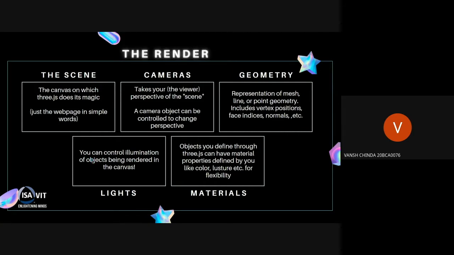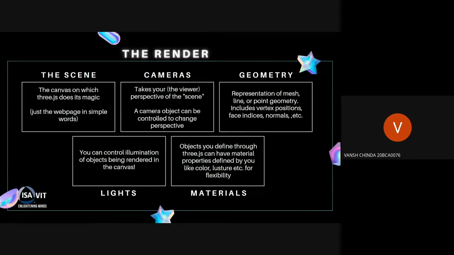Cameras: there are two types of cameras basically in 3JS, perspective and orthographic. Along with cameras, there are controllers as well. If any of you have played games like first person shooter games, or track racing games, what you will see is that there is a camera but there's also a control.